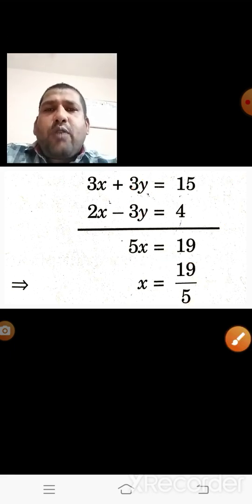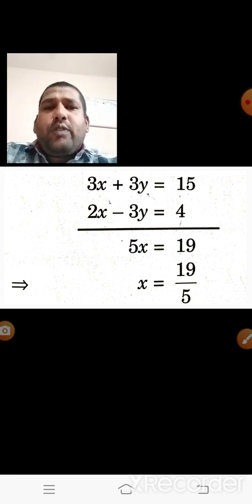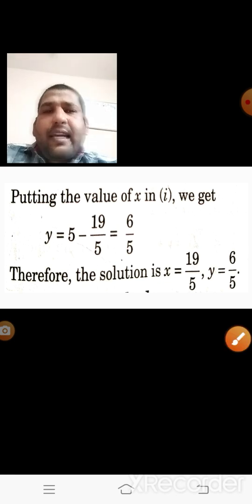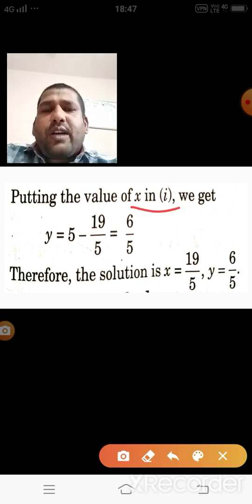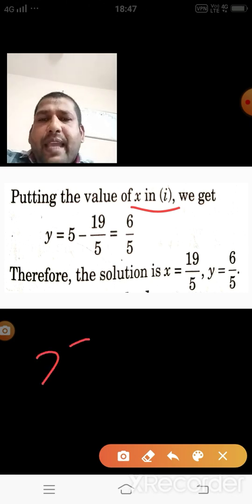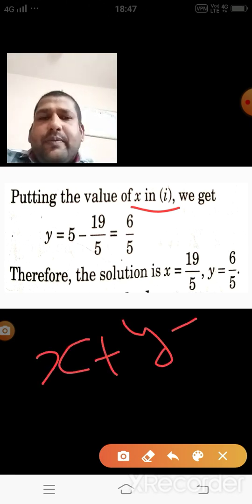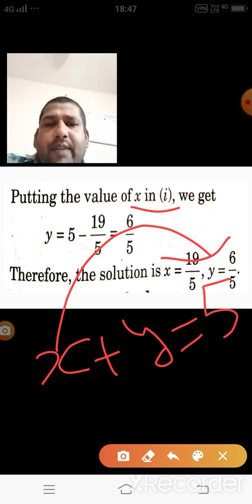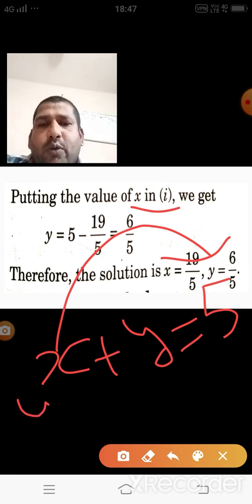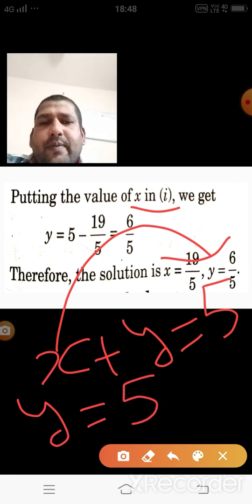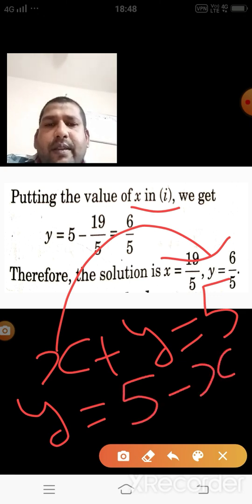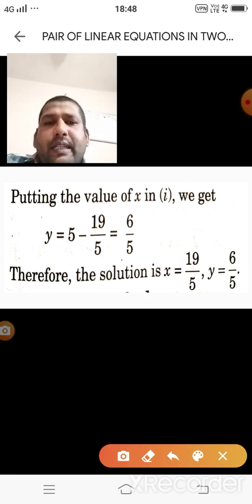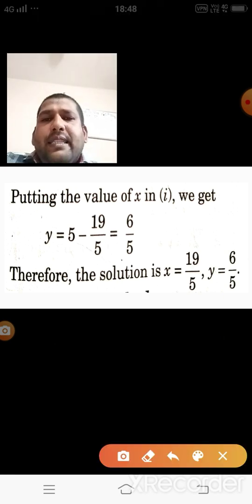And if we have the value of x, then either you use the elimination method again or you may substitute that value in the other equation. Here I am substituting the value of x in the first equation. The first equation we have is x plus y equal to 5. This was the first equation, and if we take x to the other side, then we get y equal to 5 minus x, and the value of x we have is the same.